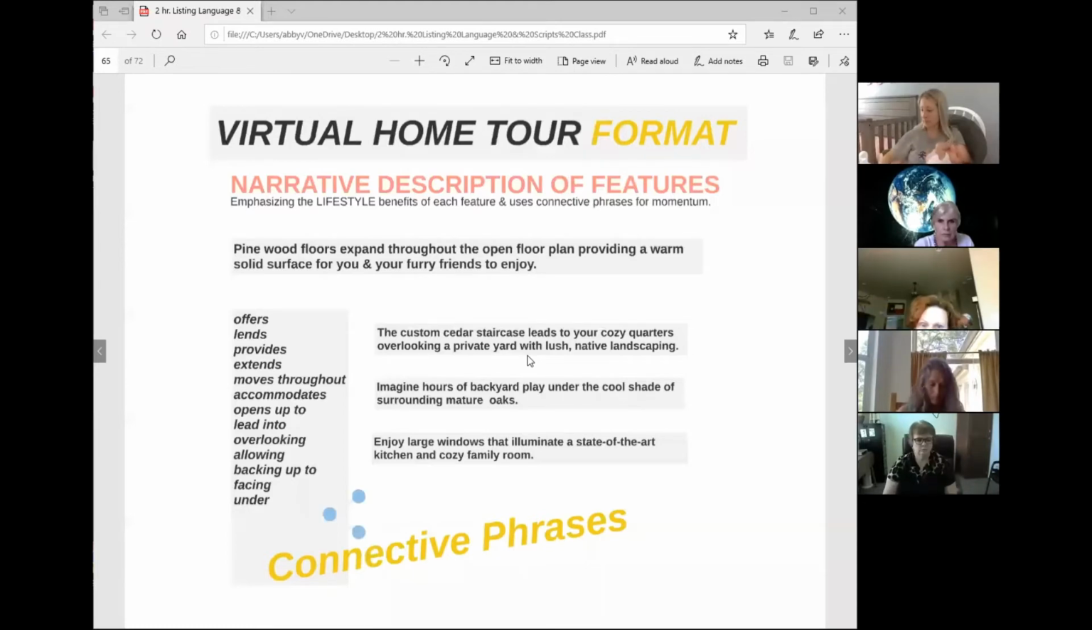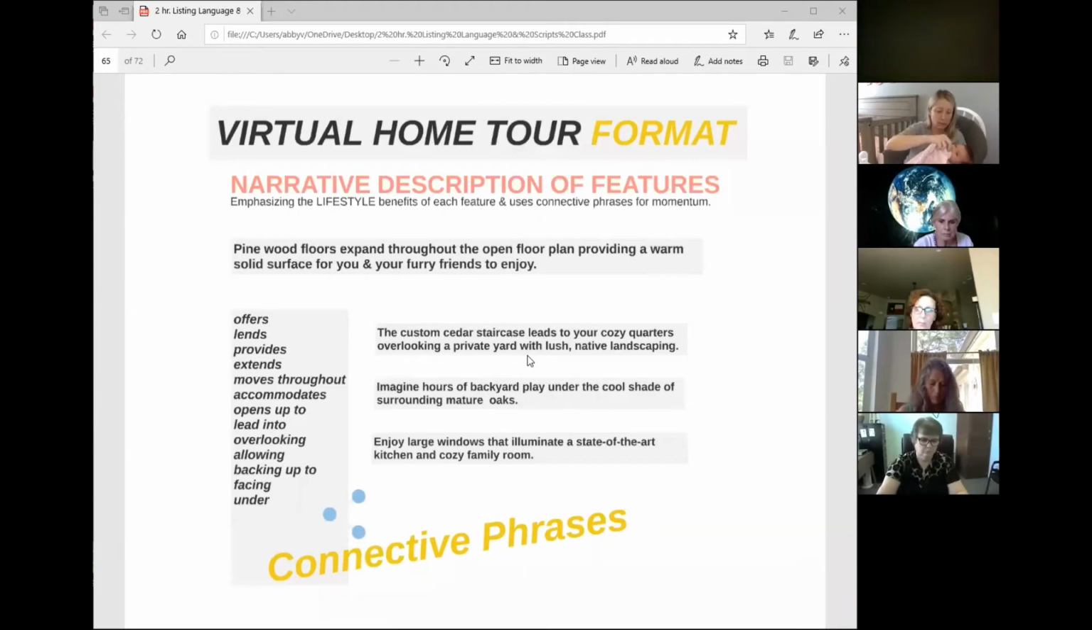So when I'm doing this virtual home tour, there is a format. It is still a narrative description of my features. I am emphasizing the lifestyle benefits of the features, and I'm using those connective phrases for momentum. So example, pine wood floors expand throughout the open floor plan, providing a warm, solid surface for you and your furry friends to enjoy. Notice